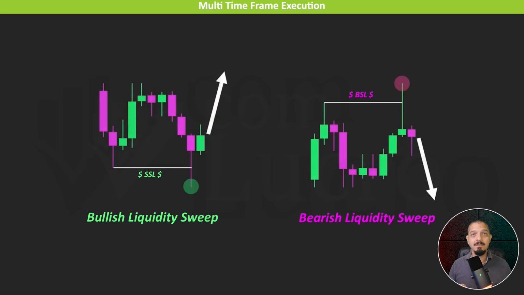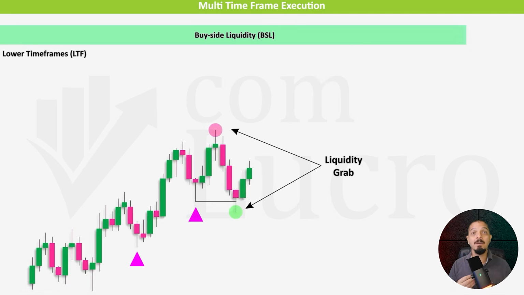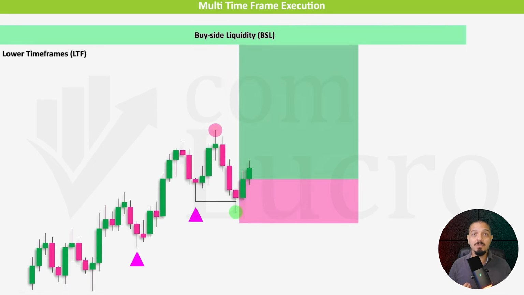In contrast, a bullish liquidity grab forms when price trades below a previous low and then rapidly returns back inside the range. This indicates that sellers were unable to sustain lower prices and that the market rejected that downside move, signaling bullish momentum. Once a bullish liquidity grab has been identified, the trade can be entered as soon as price